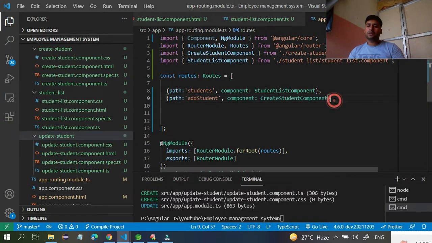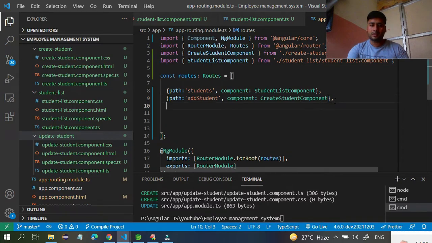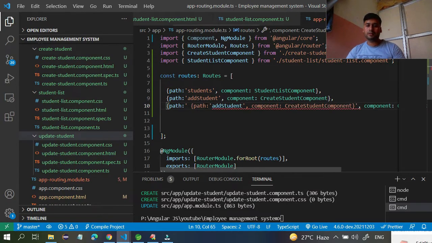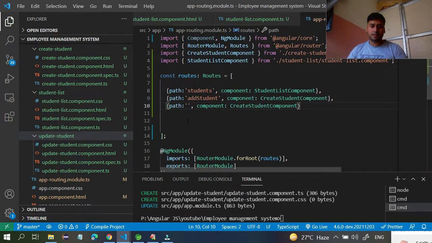Then go to this router, click on this, paste here, and in this place you have to pass update student.